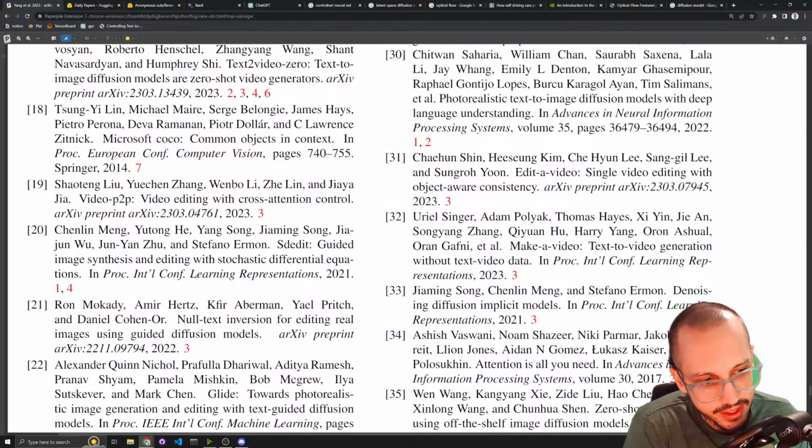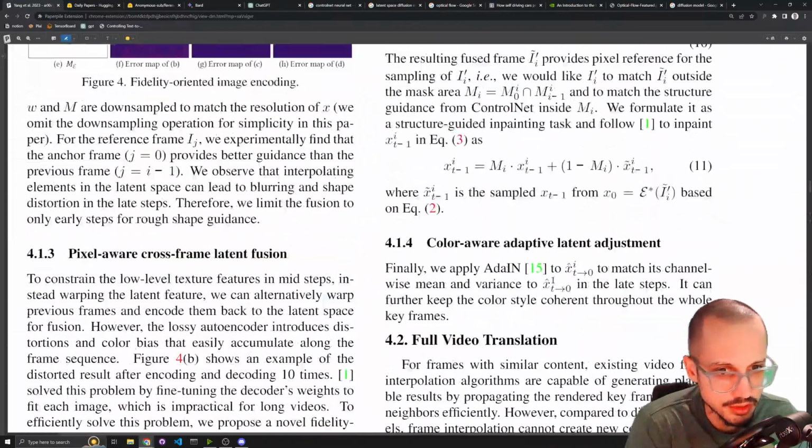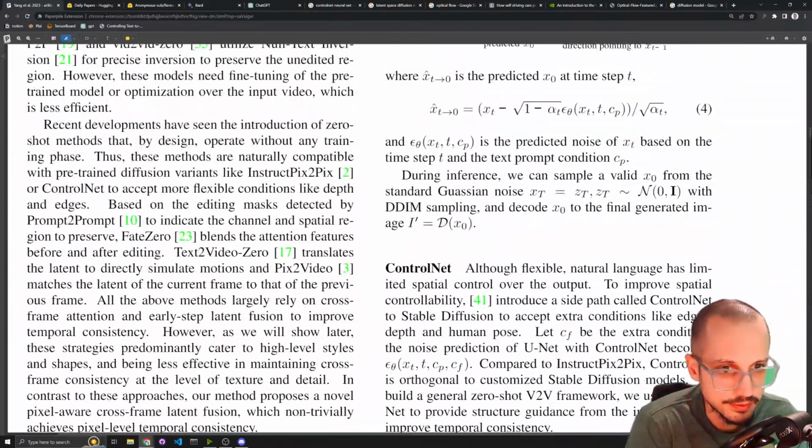I wish there was a back. You know, I wish I could just return so I didn't have to scroll whenever I do this, but